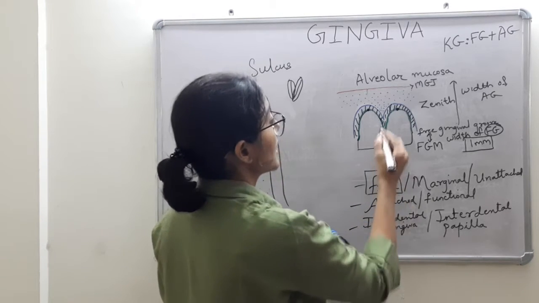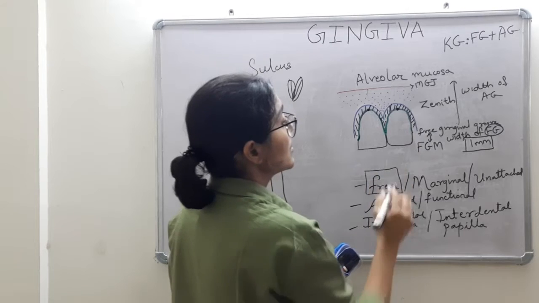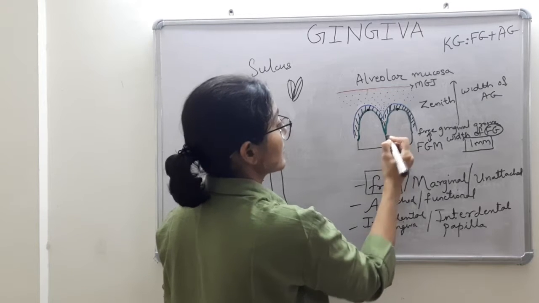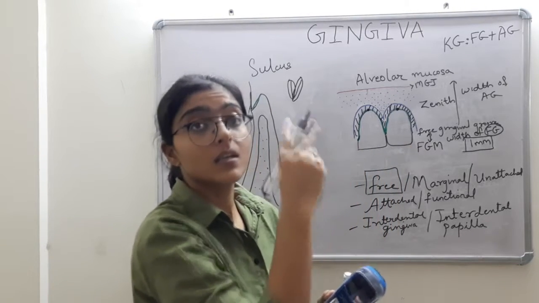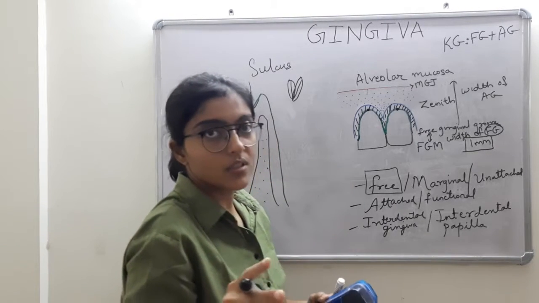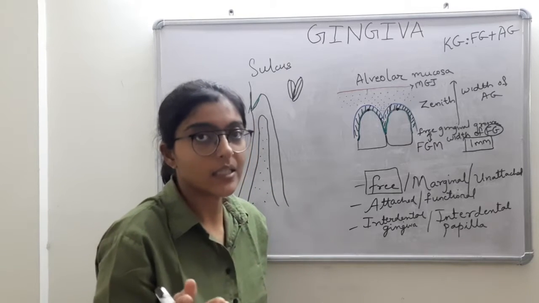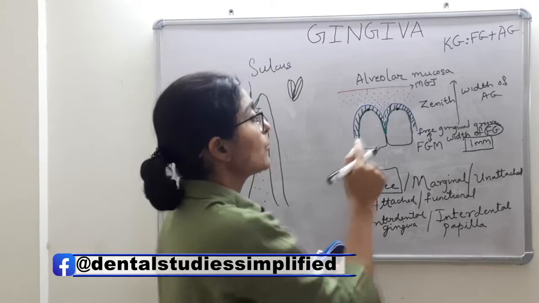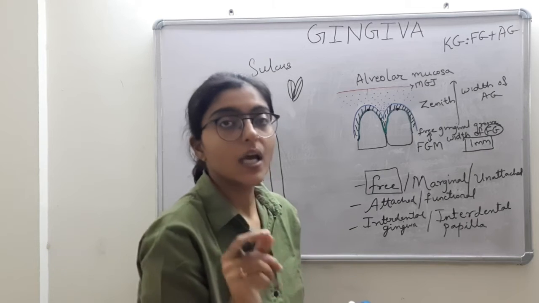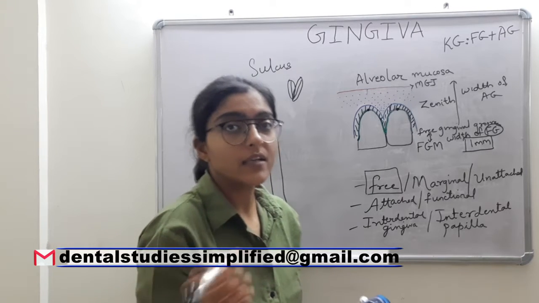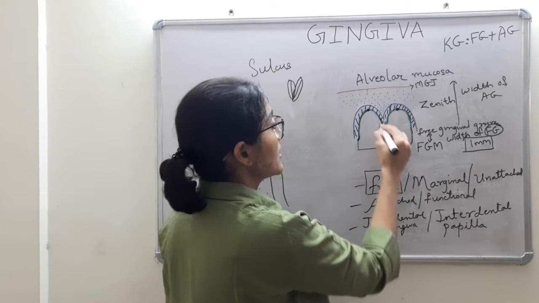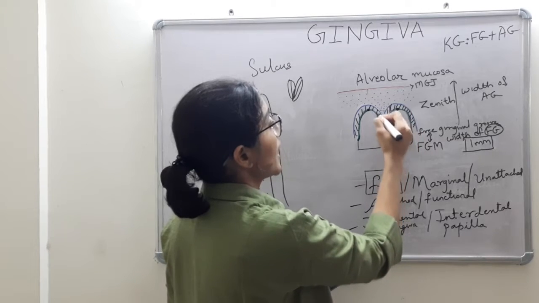This interdental gingiva is formed by the ideal contact of two adjacent teeth. Only if there is an ideal contact point in the anteriors and a contact surface between the posteriors. Contact point and contact area. Clear? These are the two terminologies. Point in the anteriors, because they contact each other via only a single point, whereas in the posteriors they meet in a larger area, that is by contact area. So the interdental gingiva here in the anterior is this triangular shape.